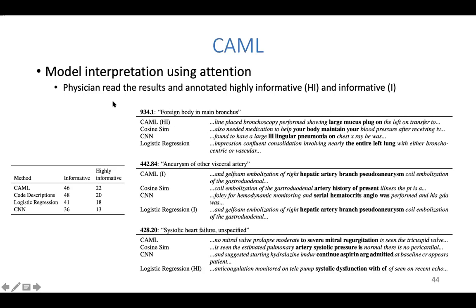So there's an actual doctor who went through some examples, and in this case, the doctor went through 4 examples, and 1 out of 4 examples showed the most highly informative evidence for predicting this code, which is actually the case, because foreign body main bronchus,